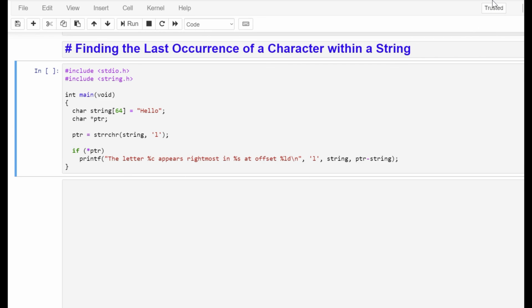Again, the strrchr function is going to return a pointer should it find that character. Otherwise, it will return null. So we can check to see, is the pointer pointing to a character or is it pointing to null? If it's pointing to a character, we can then use that pointer to determine the offset of that character within the string. So when we run this program,